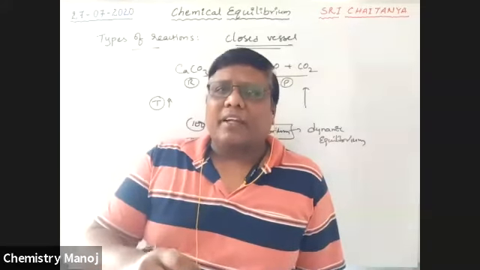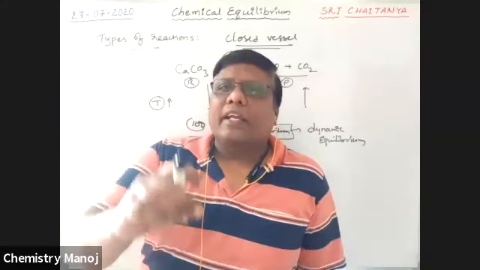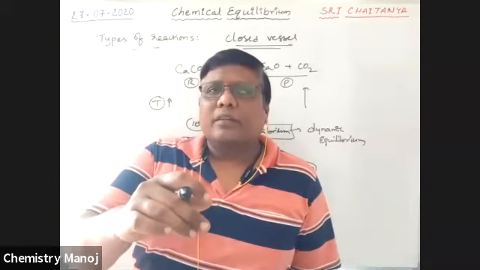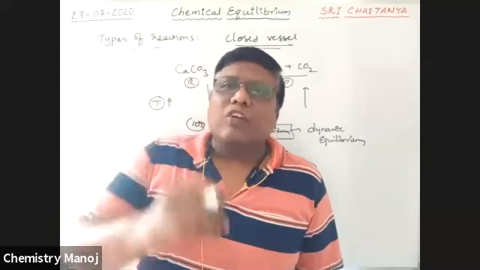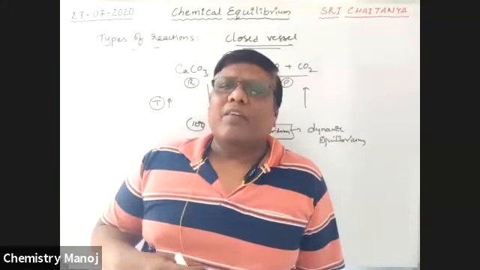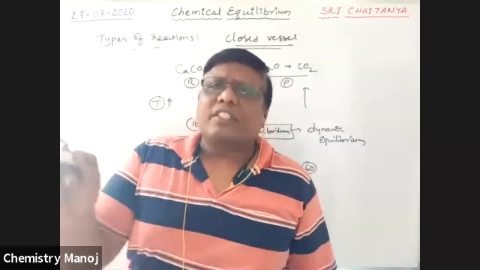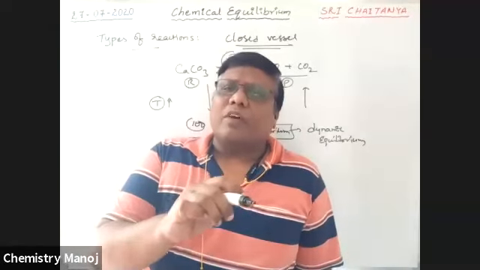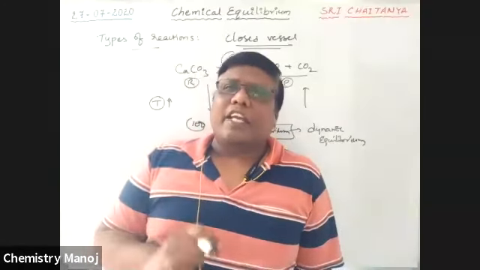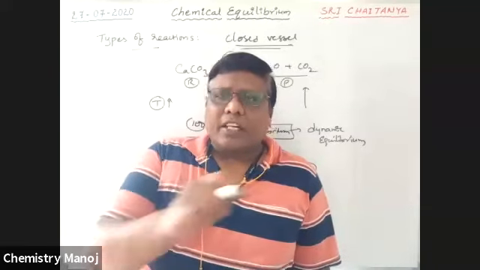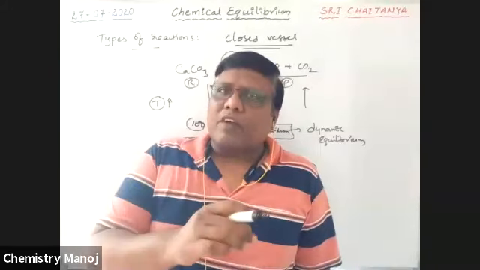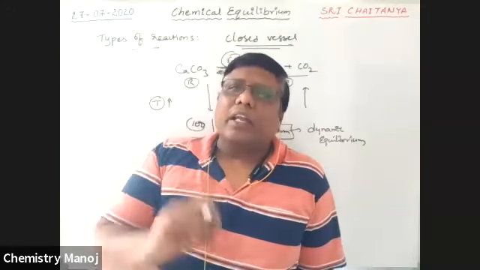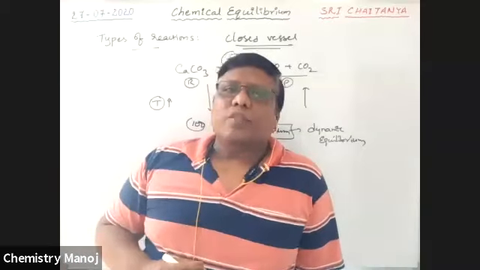Every equilibrium finally is a dynamic equilibrium state. Only reversible reactions give equilibrium, but not irreversible ones. What is reversible? The rate of forward is equal to the rate of backward reaction. What is equilibrium? The rate of forward is equal to the rate of backward. That means there must be two reactions taking place simultaneously. In an irreversible reaction, only the forward reaction takes place, but not the backward reaction. That is why the equilibrium concept is applicable only for a reversible reaction, but not for an irreversible reaction.